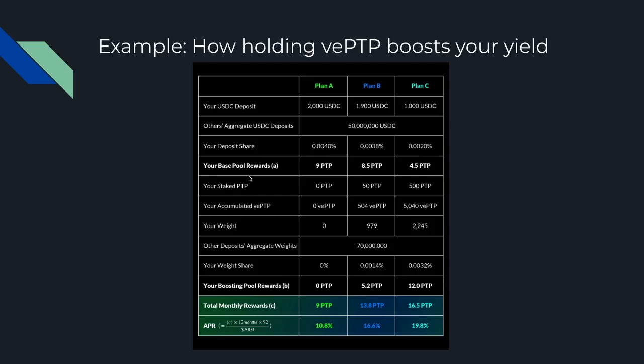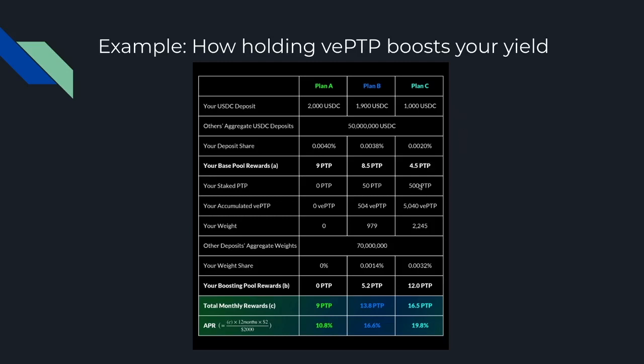As we can see, our base pool rewards are diminished by 0.5 PTP per month. However, because we have 50 PTP staked, we also have gained 504 vePTP over that month period. And because of this, we gain an extra 5.2 PTP. So we come out to a total of 13.8 PTP by just moving $100 of our $2,000 investment into PTP token and staking it. Finally, in Plan C, we have an even split of 1,000 USDC and $1,000 worth of